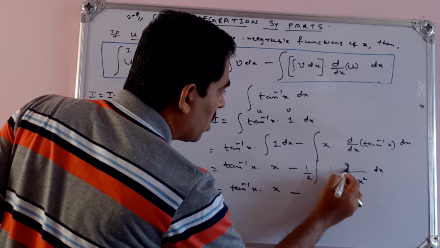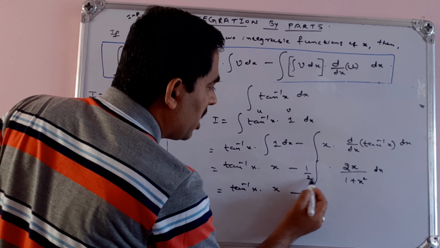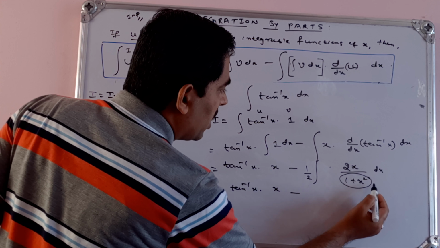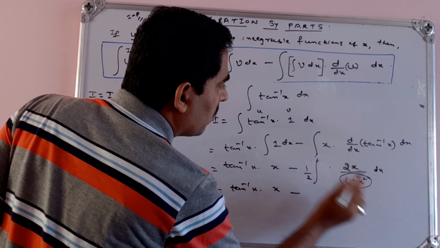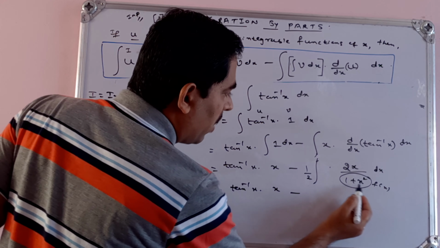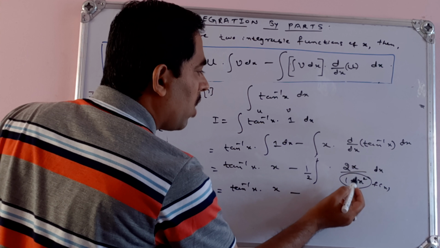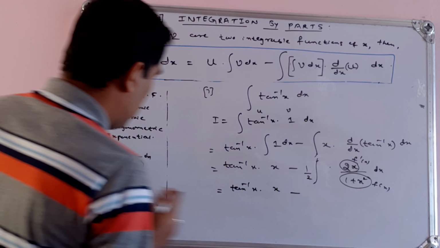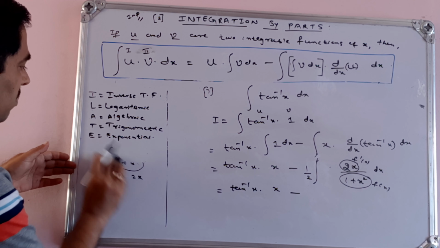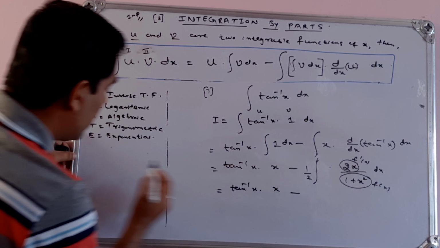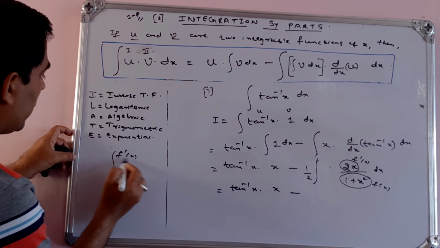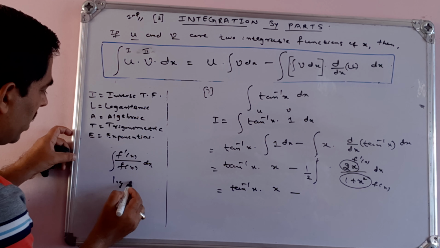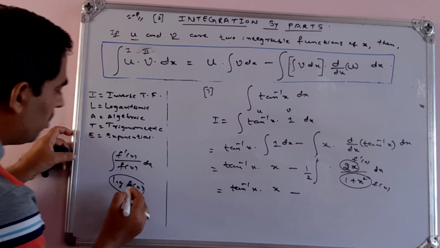So then I will get what? See, I have divided and multiplied by 2. I have written this x as it is. Now if I consider this as my function, if I differentiate 1 plus x square, I will get what? 2x. I will get 2x. This is f dash x. Then this whole thing is like this, f dash x divided by f of x. So if it is like this, I can write that as log of the denominator. So what is the answer?